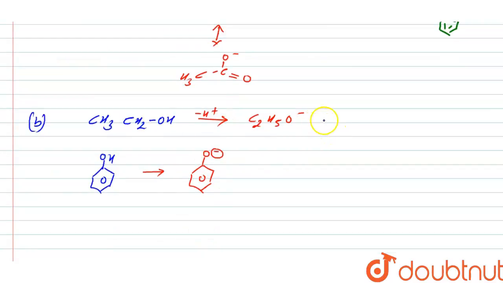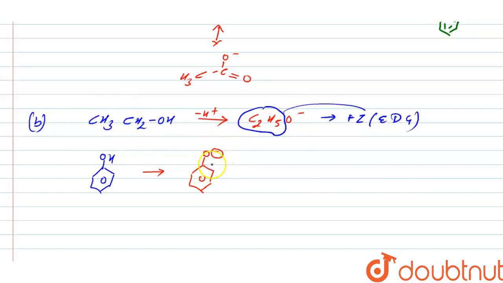charge. So as here we can see that we have a plus I group, that is called C2H5, and plus I means this is an electron donating group. So as this one is an electron donating group, this will destabilize this negative charge. So this means the acidity of ethanol will decrease, whereas in phenol this negative charge